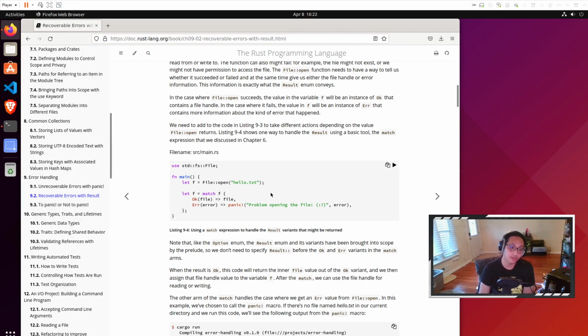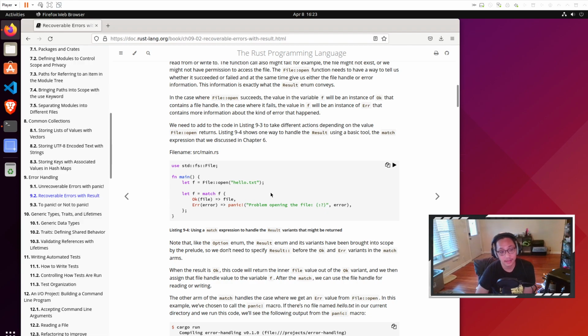Listing 9.4 shows one way to handle Result using a basic tool, the match expression we discussed in chapter 6. So you do File::open, and then you can do a let f = match f